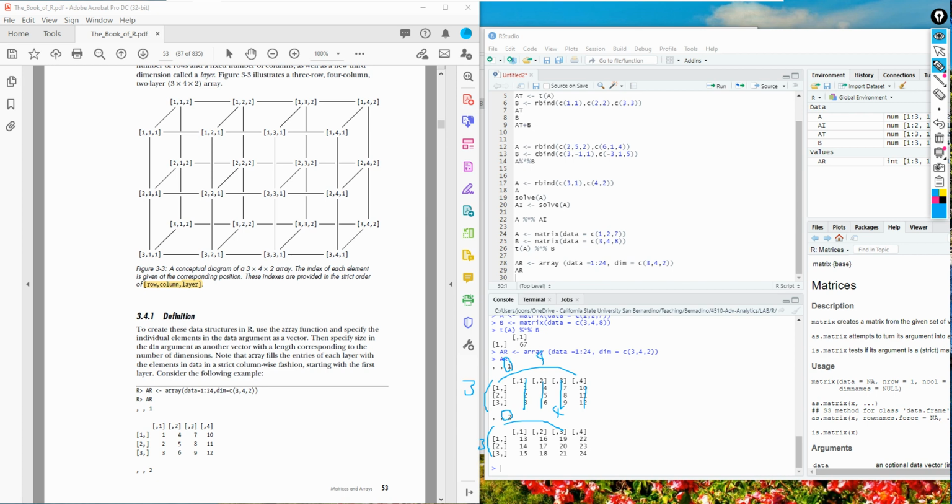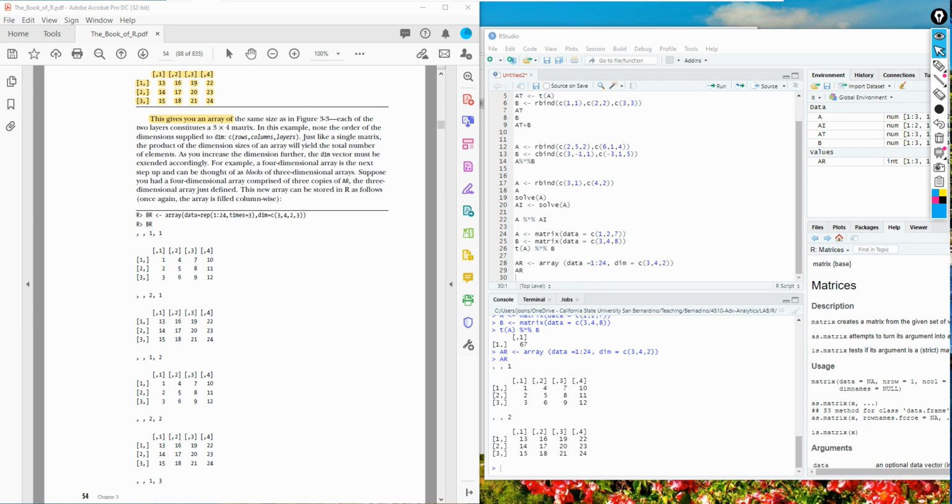The first floor is done. Now go to the second floor, 13, 14, 15, and so on. So we can create a 3 by 4 by 2 array. Now let's move to the next example.